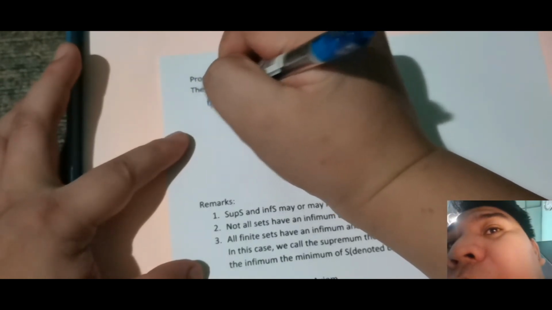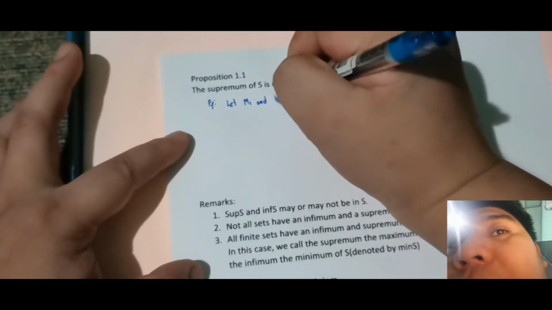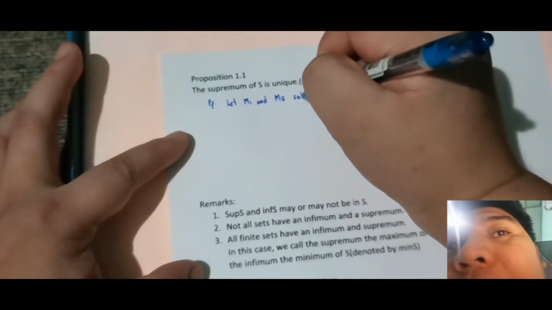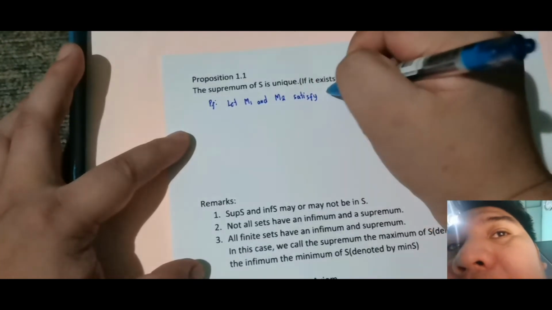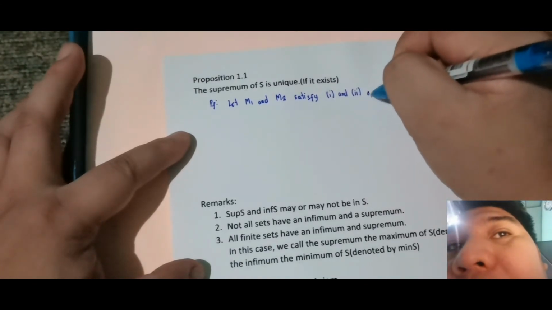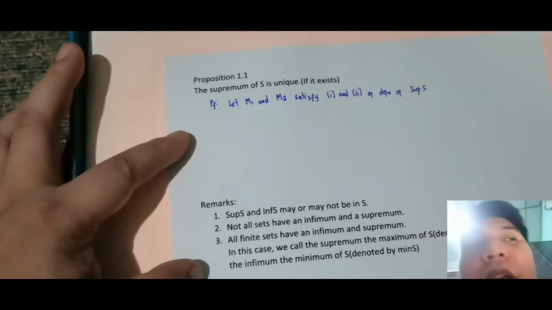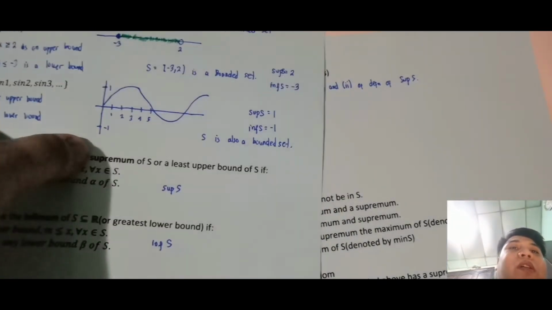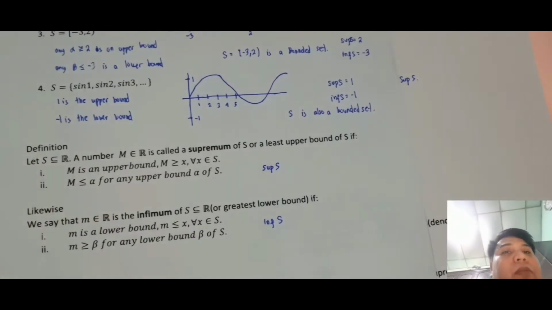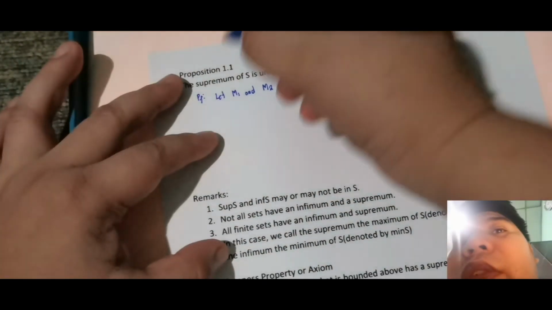So this is the proof. Okay, so let M1 and M2 satisfy 1 and 2, the definition of supremum of S. Okay, so meaning they satisfy this definition. So, the definition 1 and 2, ito yon. M1 is an upper bound, M2 is an upper bound. M1 is less than or equal to alpha, M2 is less than or equal to alpha. Okay, so we need to show, ang goal natin,